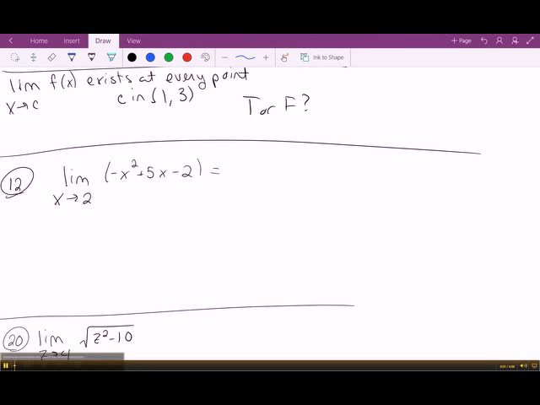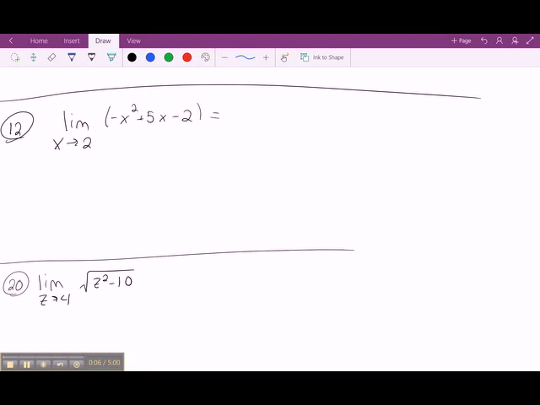Okay, so on number 12, we're going to move into actually calculating some limits. Instead of looking at graphs, we're going to look at the equations. You do have some limit laws in 2.2. I would encourage you to look at those because those limit laws tell you that when you have a limit